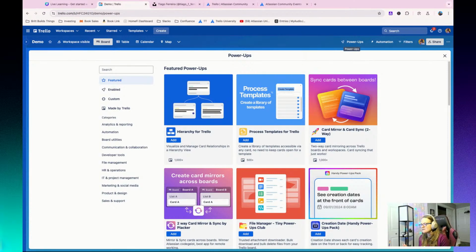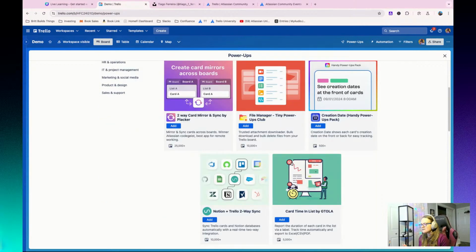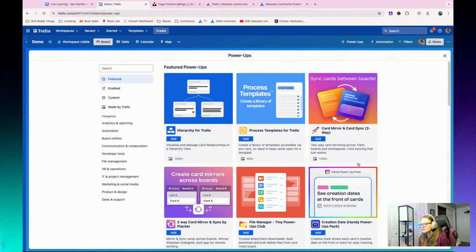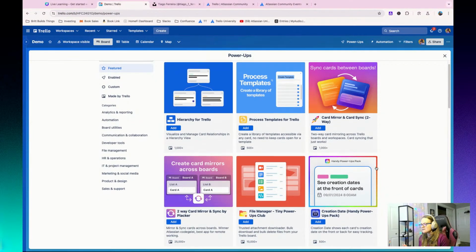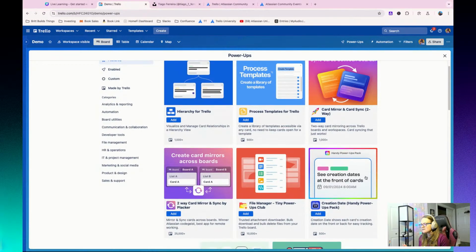In some cases, it's going to change the UI and make it look different or surface information for you. In other cases, it's just going to change the way something looks. It may actually automate some pieces for you and provide information. It could do a bunch of different things.